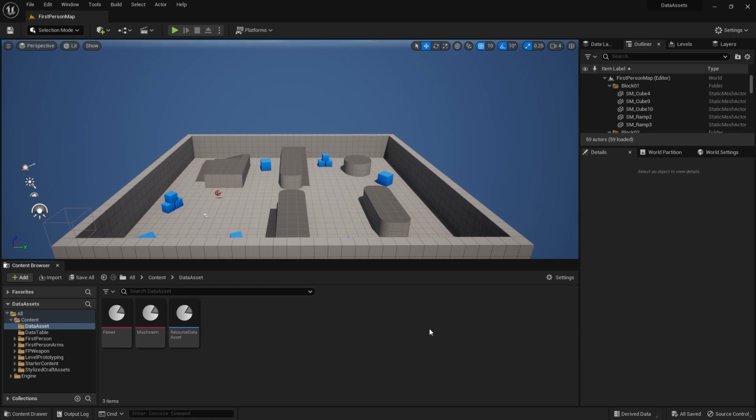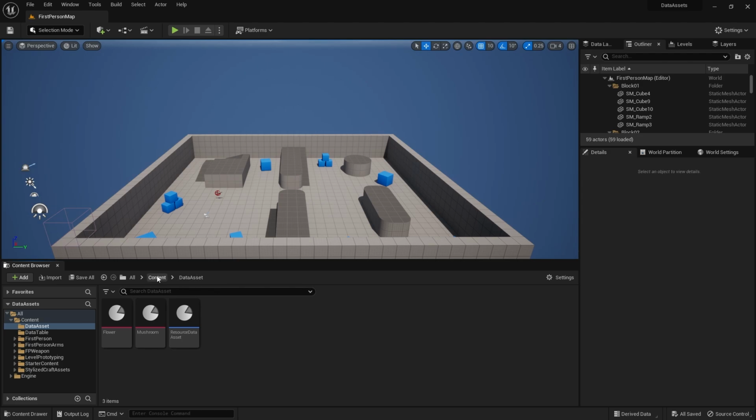Now, another really useful thing about data assets is that because they are single assets, which makes them better for memory, it also helps you organize yourself a little bit better. Rather than having a long list inside a data table, which you can search, obviously, you can put them in folders and use other organization methods to help you store, locate, and reuse your data assets throughout your project. So let's say I've done all of my data assets and I'm ready to use them in